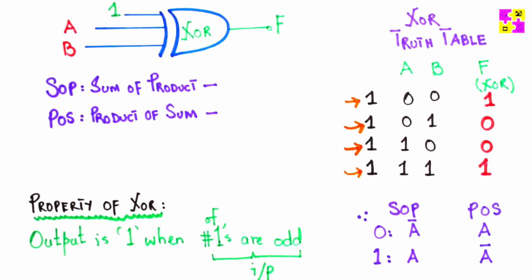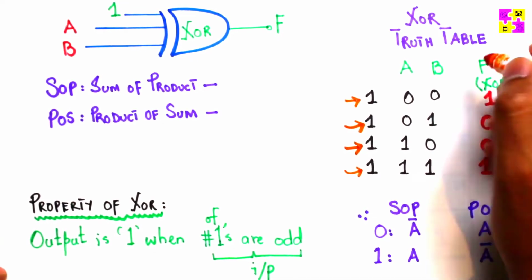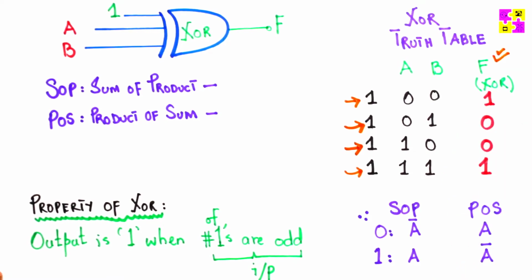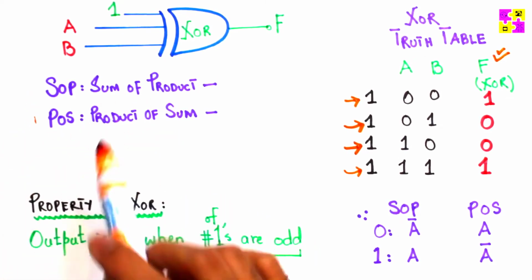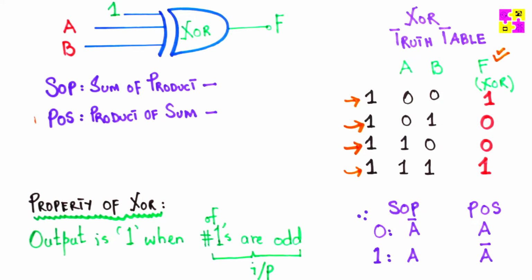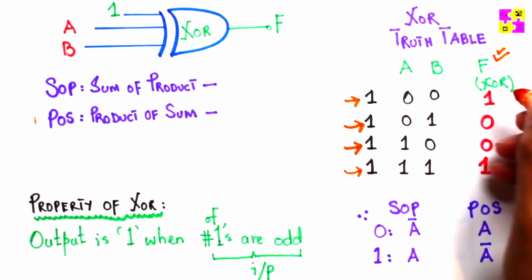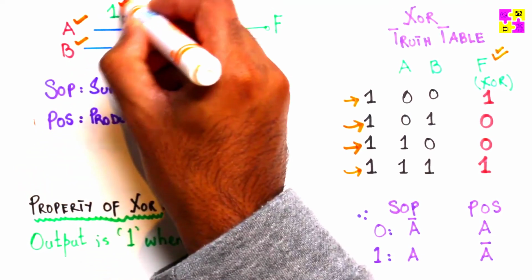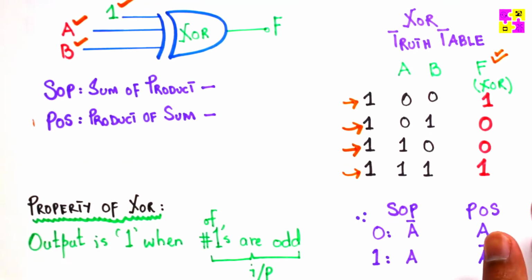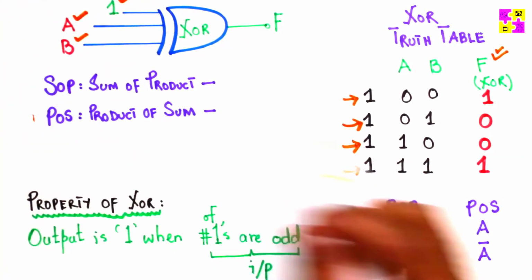Now, we need to get an expression from this truth table for f, and we can do it 2 ways. I want to show you both ways of doing it. One, we can use SOP, which is a sum of products. The other one is the product of sums. If I do it with the sum of products, I'm going to do it as a function of A and B, because the other input is just high at all times, right? I don't need to consider that. So A and B,